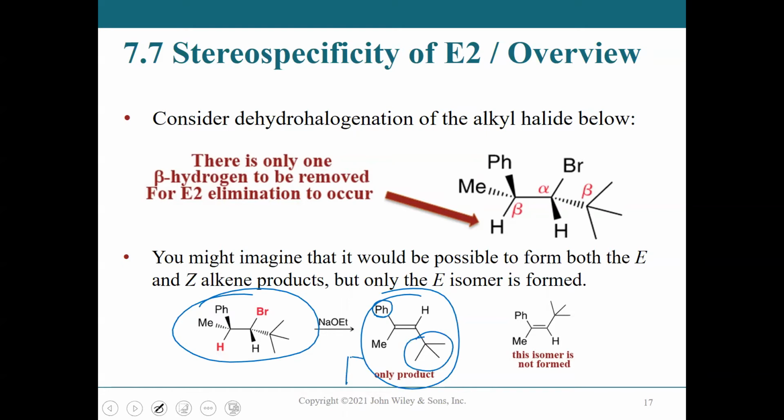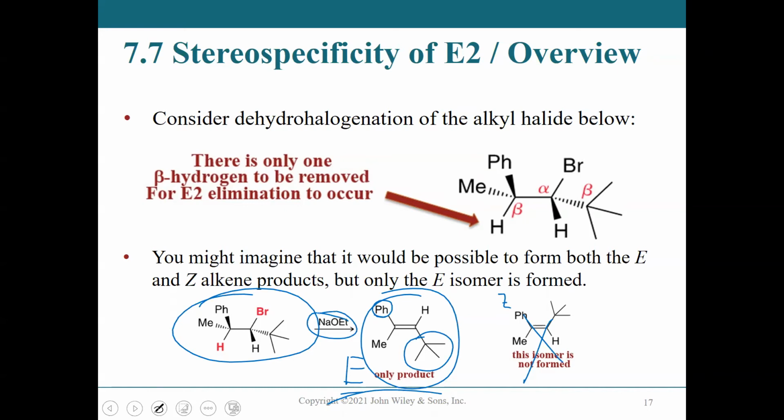This one is an E alkene. If this E alkene is observed, and you don't get this one, this one will be the Z alkene. You don't get this one. That is called stereospecific because you only produce one product. You don't produce major and minor. You only produce one product. Okay? So here, this particular compound is telling you that with sodium ethoxide, which I know is a Zaitsev base,